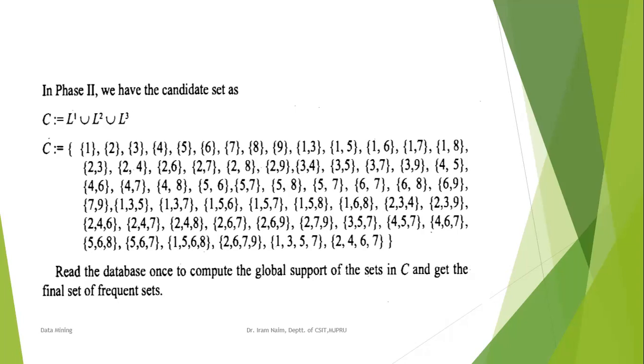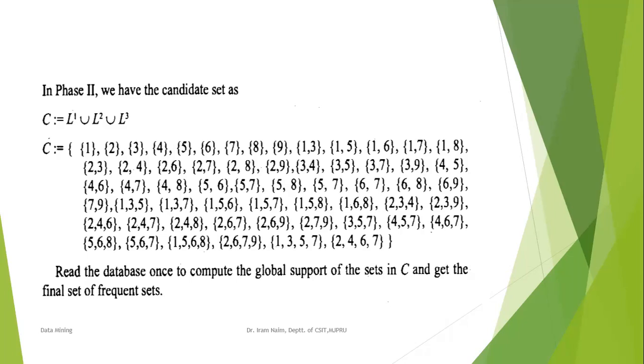So the partition algorithm reduces the number of scans. In the a priori algorithm, what are we doing? We are taking all the combinations. In pass 1, we are taking 1 item set. In pass 2, we are taking the combinations of 2. In pass 3, we are taking the combinations of 3. Like this, you have to generate all the possible combinations and check. Here you need not check all of them.